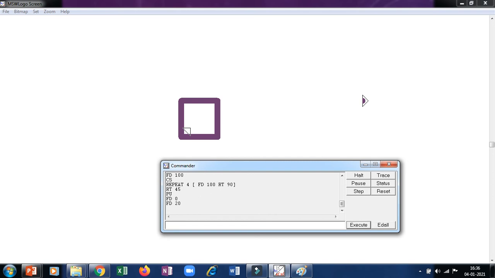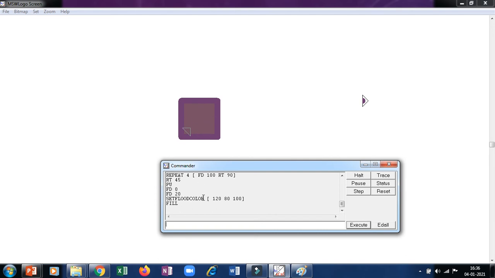Okay, and then let us use the set flood color to set the brush color. Any number you can give. Let us write 120, 80 and 100. After this we have to give the fill command. Now by giving this command, only the brush color is set. Now the turtle's pen will act as a brush, and now we have to give the fill command. You can see the color is filled.